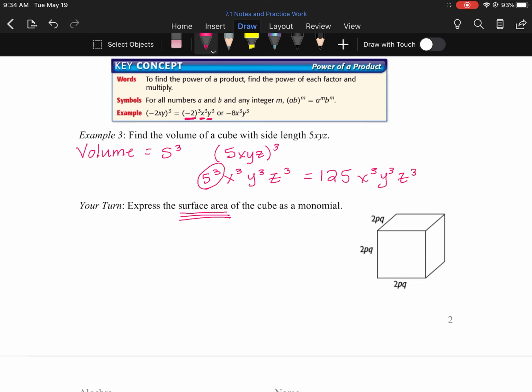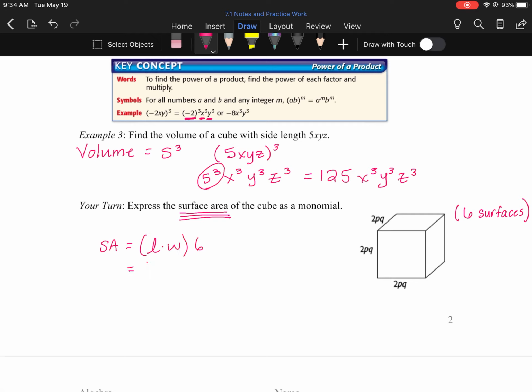All right, so I'm going to explain this because surface area is a little bit different. Surface area is the area of every face of this. Since this is a cube, there are 6 surfaces, or 6 faces, is what they're called. So we need to find the area of one and then multiply that by 6. So the surface area is, since it's a square, length times width, and then we have to multiply that by